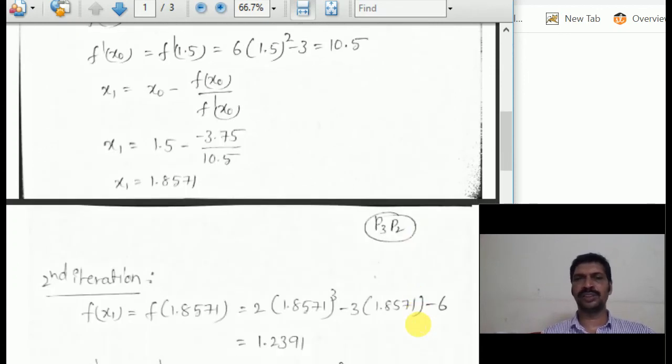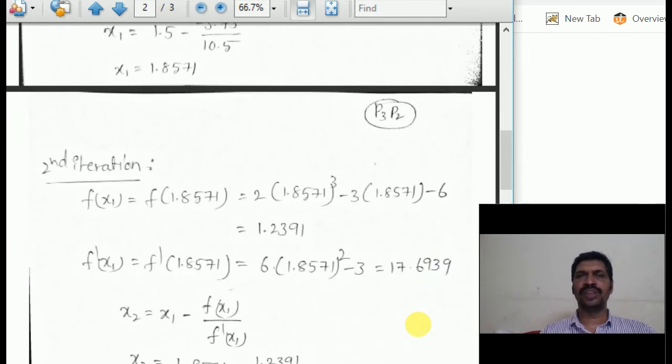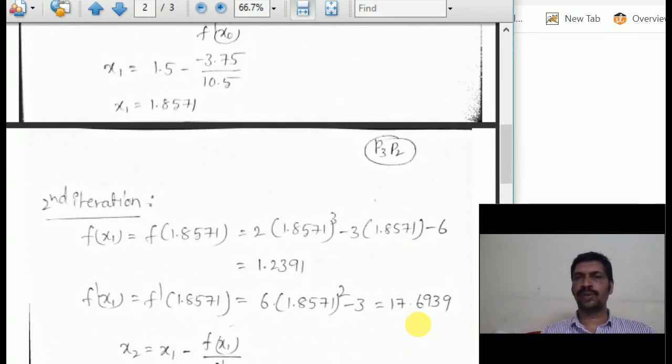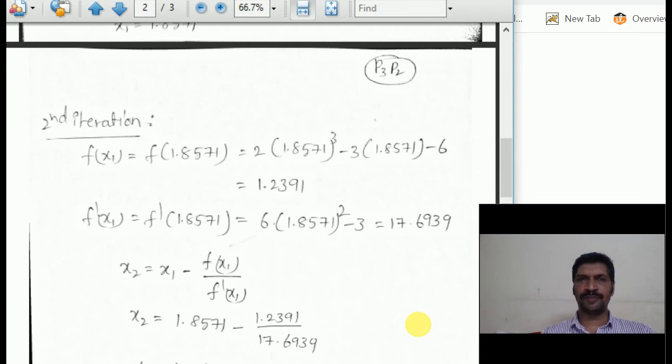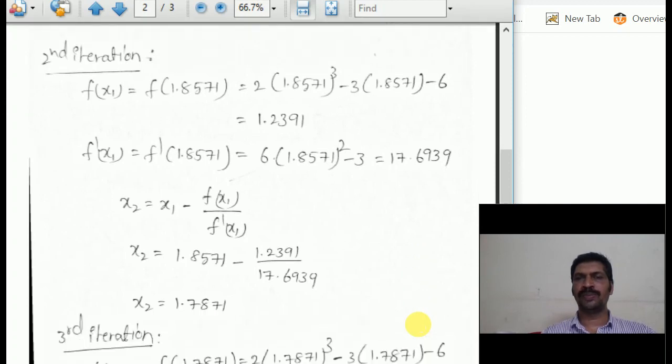Next, second iteration. Using x1, we will compute x2. F of x1 equal to 2x cube minus 3x minus 6, 1.2391. F dash of x equal to 6x square minus 3. This is the formula for f dash of x. Using f of x1 and f dash of x1, we will compute the x2. The formula in Newton-Raphson method, x2 equal to x1 minus f of x1 by f dash of x1. x2 equal to 1.8571 minus 1.2391 by 17.6939. Therefore, by simplifying the above calculations, we will get x2 equal to